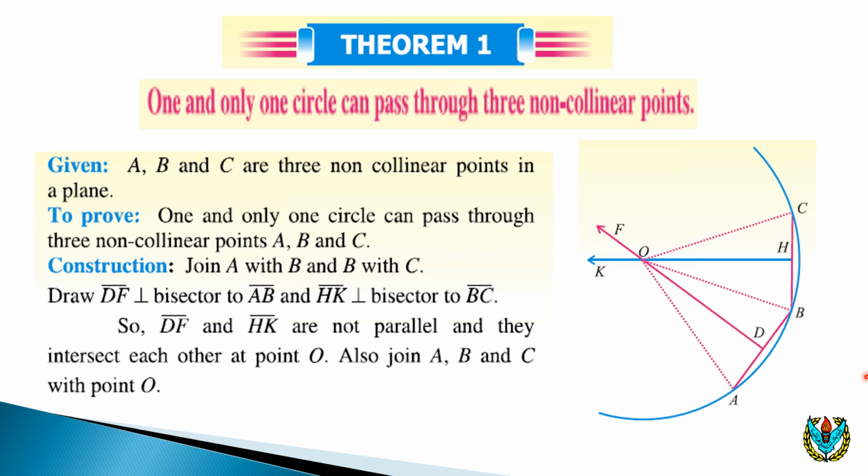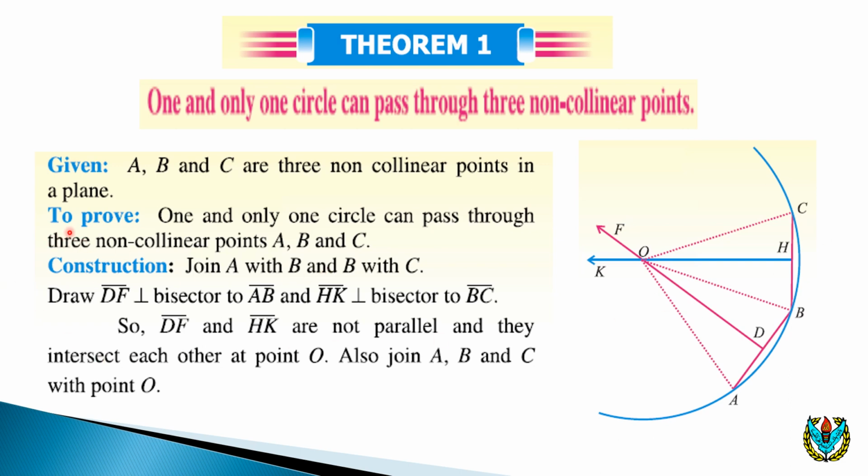We will write given: A, B and C are 3 non-collinear points in a plane. We will write down the statement of the theorem, and the given is A, B, C are 3 non-collinear points in a plane. We will draw the figure. Here we have 3 non-collinear points A, B and C. We have to prove that